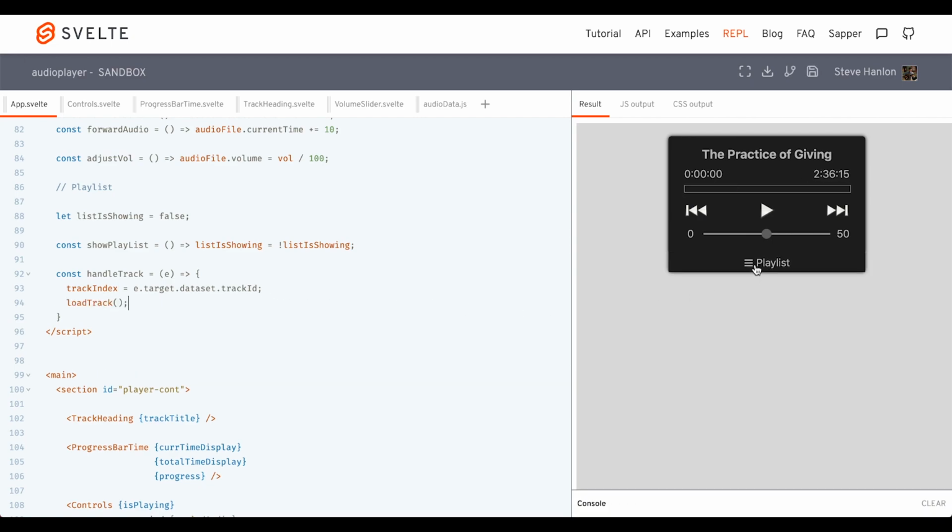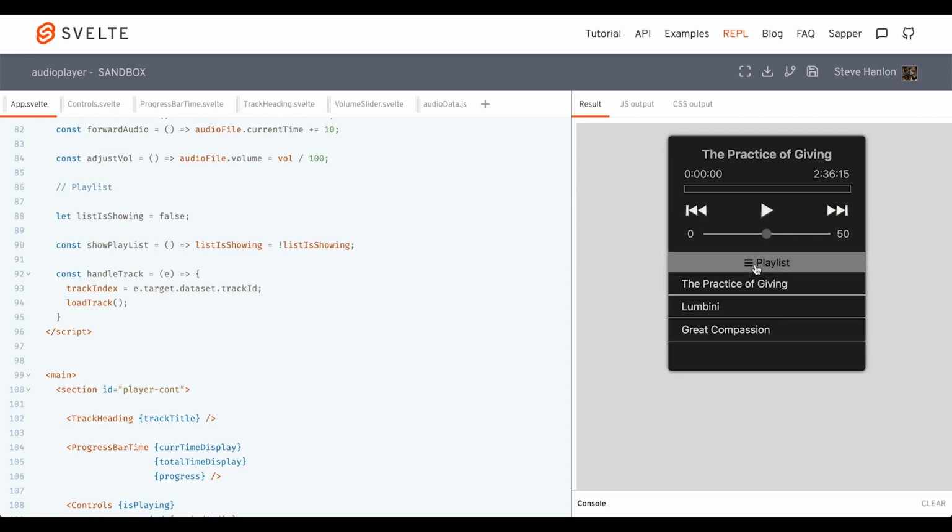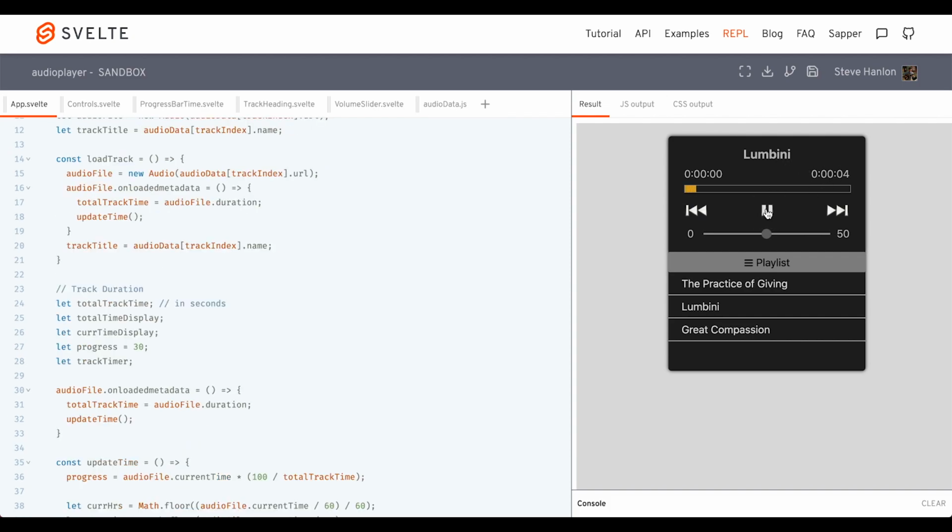So let's just try this. Let's test this out. So I click on Lumbini. The track loads, the new time loads, and I'll go ahead and play the file. Lumbini. Good. So we got it to work